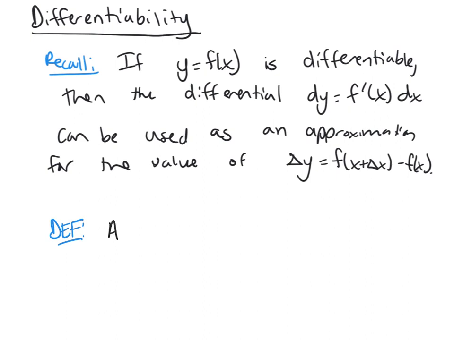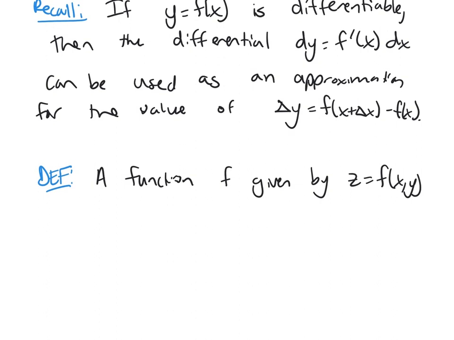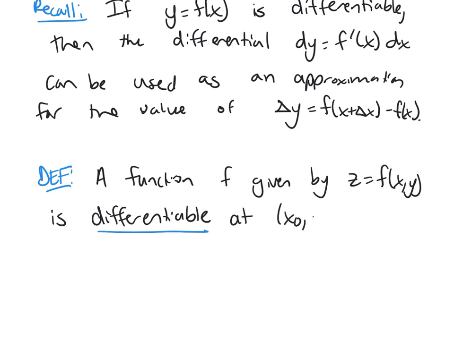So we're going to say a function f that's given by z equals f of x y is differentiable at a point, at some point x naught, y naught, if delta z can be written in the form,